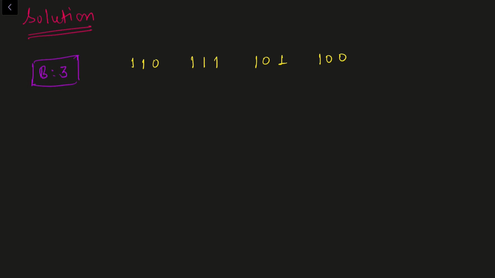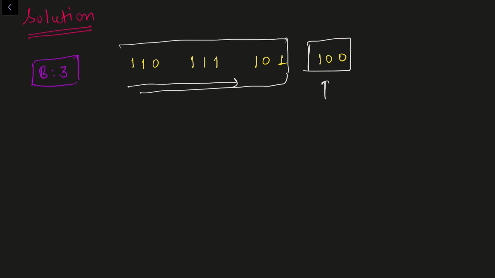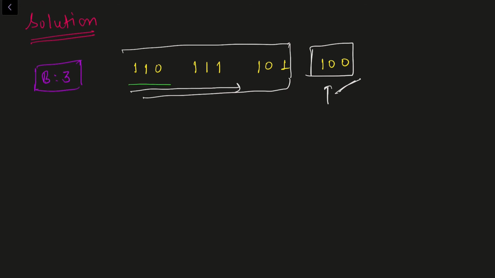So basically, if we are given some array, what we'll do, we'll iterate from left to right. And let's say we are currently at this element, ith element. Then what we'll do, we'll try to build a trie over all the previous elements, and I'll try to maximize my current element using the trie I have built on the previous elements. Now let us try to build a trie over these three values first. Let's say this is the root node of our trie. Then the number of children each node in a trie can have is b. Why? Because we can have values at any position between 0 to b minus 1.